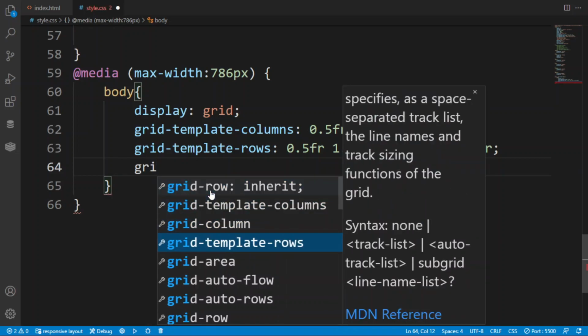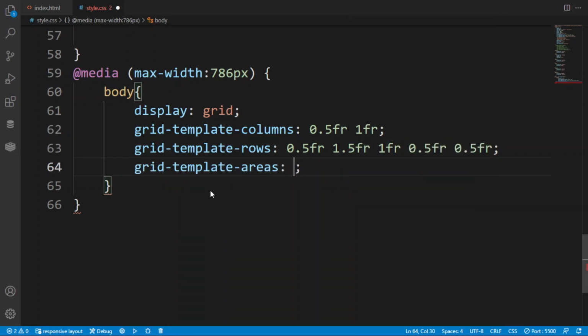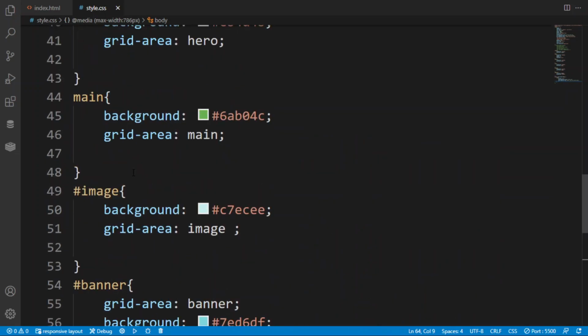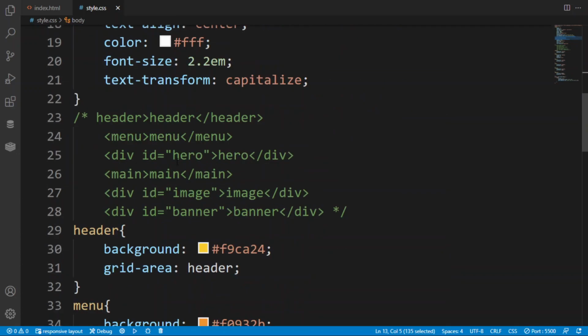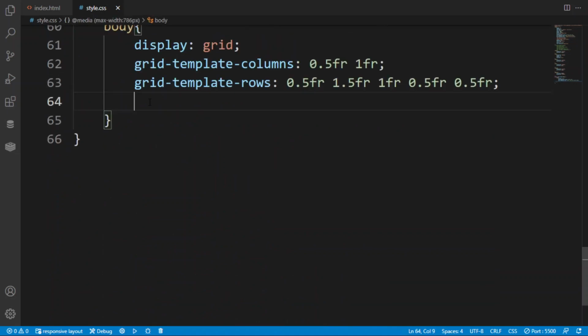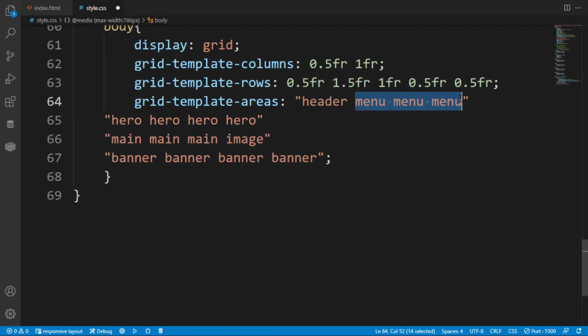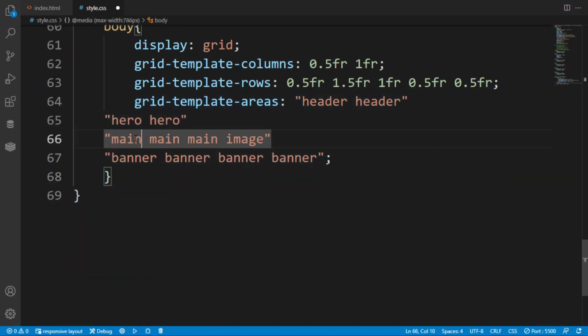So after saving it, now after this I am giving the grid templates area. So here in this we are going to create the basic layout. So I have written the codes, I have not written anything. So here in this, as you can see, I can also copy this thing while taking so much long time. So here just copy and paste. After it, just cut this part, because in the first we have header twice, we have 2 columns, so we have to write the twice, and we have mentioned 5 rows, so we have to make 5 rows, then only this basic layout will work.